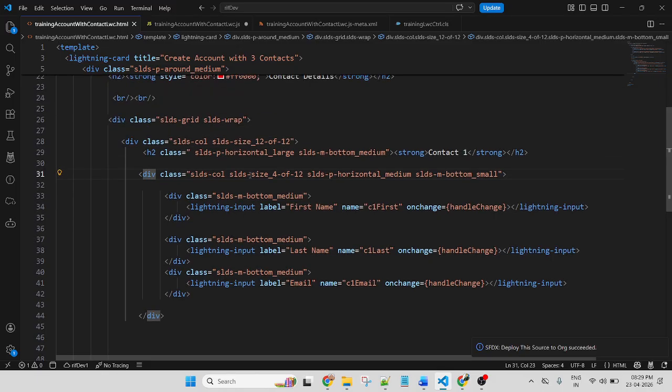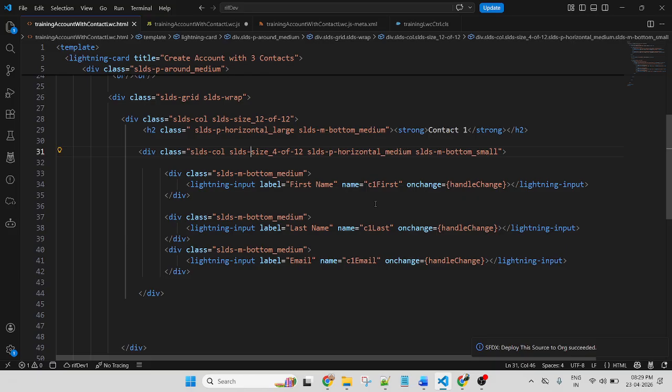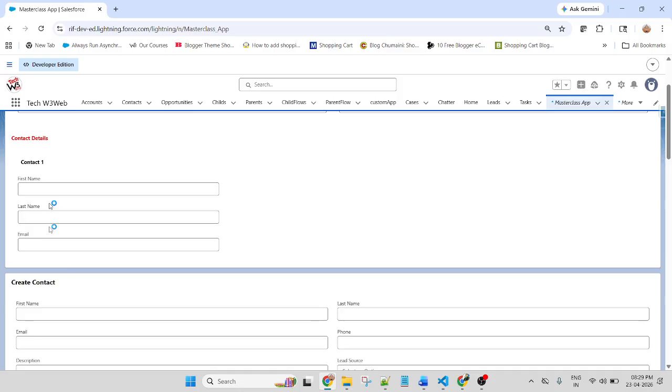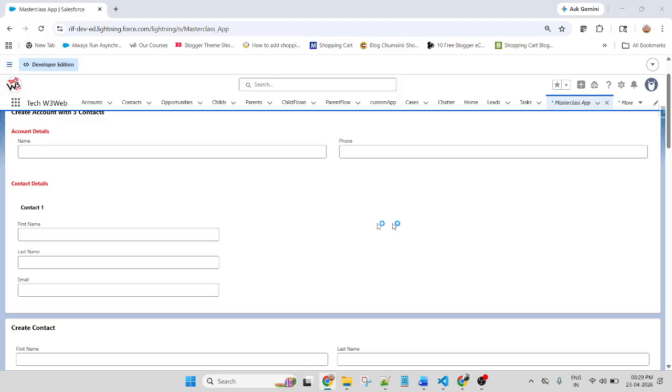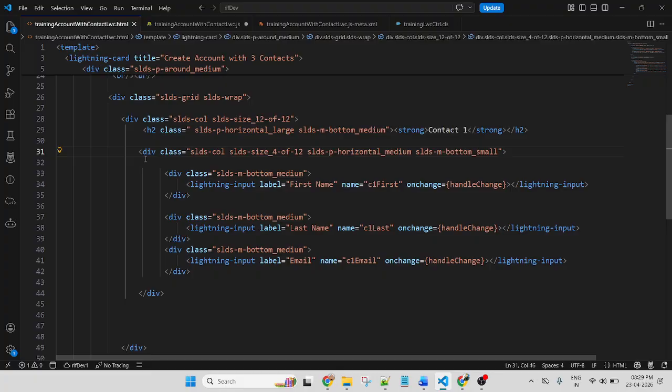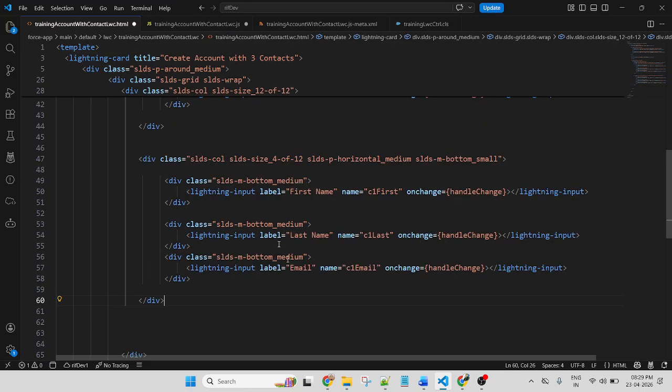Now, similarly, C1, C1, C1, that means this is row 1. Similarly, if I copy this div and paste below this div, here I will change to 2 because it will be unique for each and every input field.